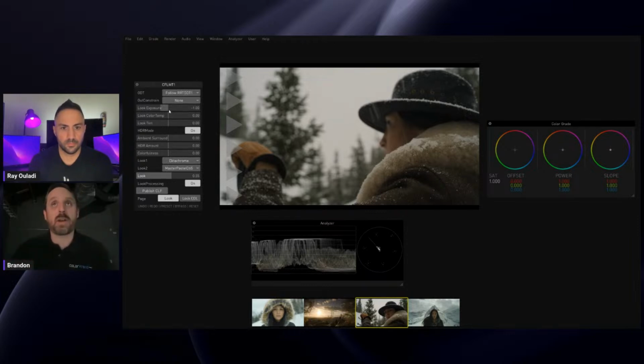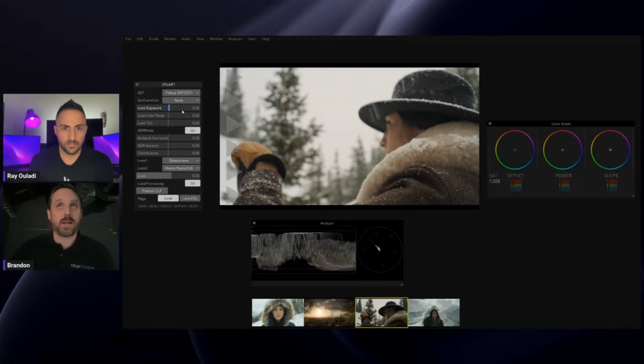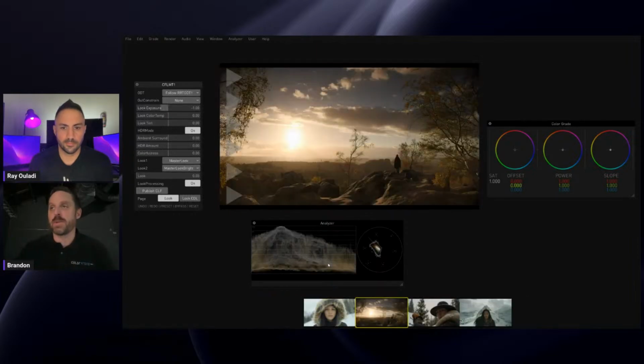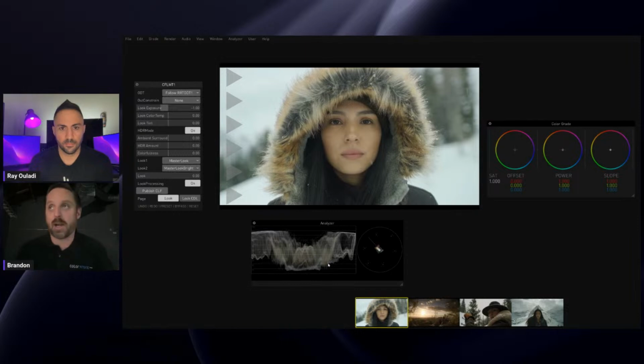But we also have a lot of really great tools, where here is an exposure tool. And so say you went out and you shot this and it's zeroed out. So I'll reset this back to default. This is what it looked like. It was actually this shot before the show started that we were looking at. It felt a little bit overexposed. It's like, oh, there's too much going on in here. I can come in here and modify this by, say, half a stop. Or I can go down 3 stops.